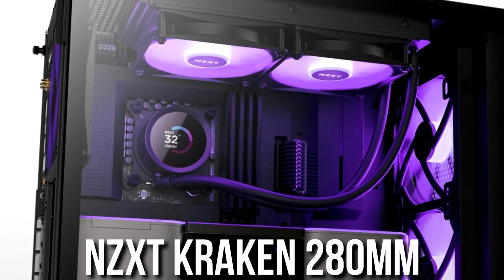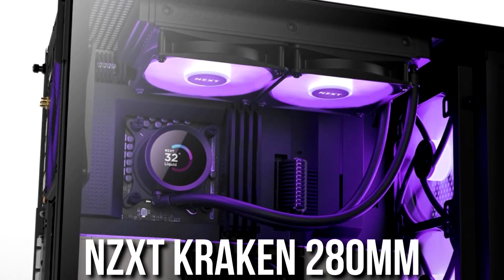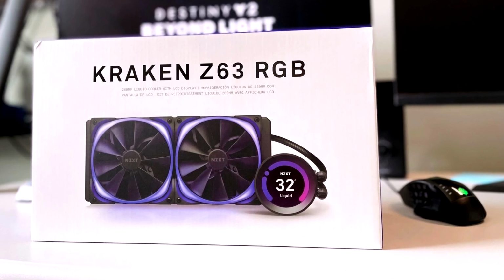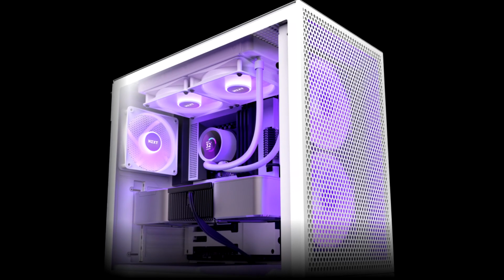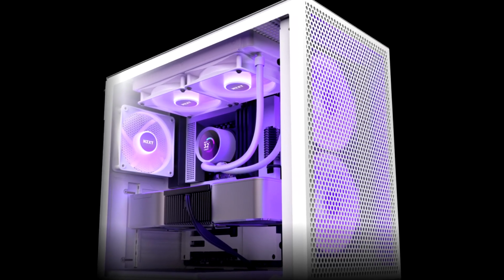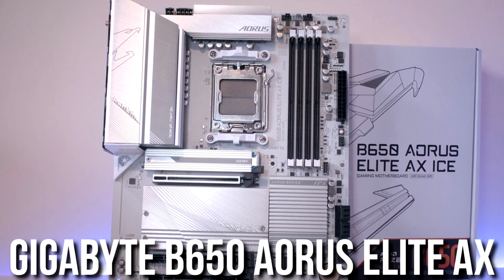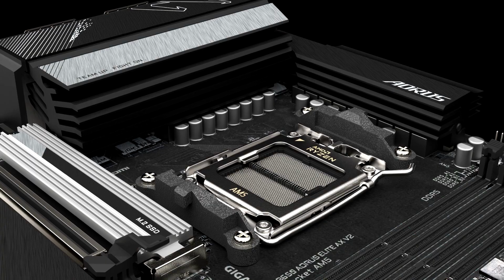So for the CPU cooler, I went with an NZXT 280mm all-in-one liquid cooler. This one looks amazing and it's going to be ideal for this Ryzen 7. By the way, it's a bit of an overkill for this Ryzen 7 because it's very power efficient, but in my opinion, it is very nice in terms of aesthetics. And if you will be spending $3,000 on a gaming system, you want the aesthetics to be top tier as well. Then for the motherboard, I went with the Gigabyte B650 Aorus Elite AX,